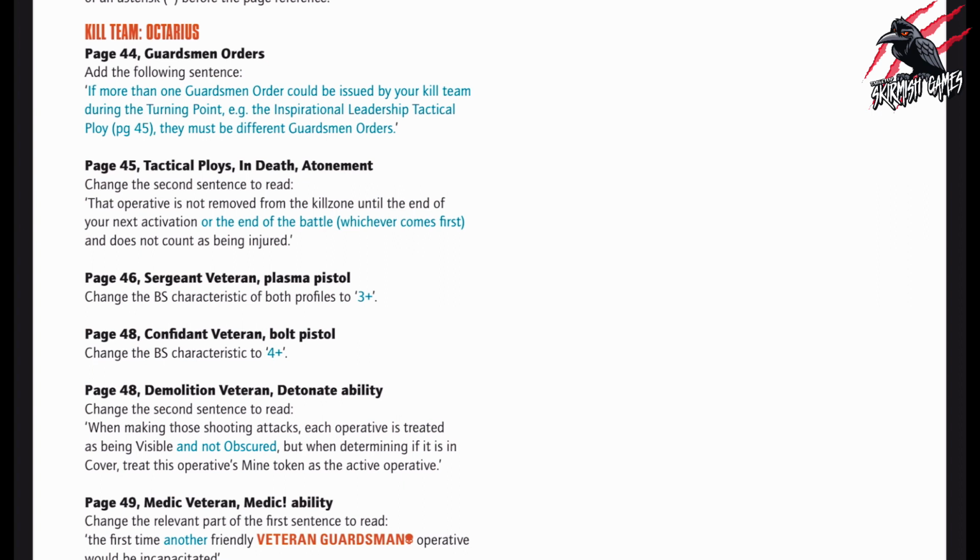This is a little bit of a backwards step for him. So although we had an improvement there for our sergeant, this guy certainly is getting worse for him. And now sticking on page 48, we've got a little addition for the Demolition Veteran, the Detonate ability, and we